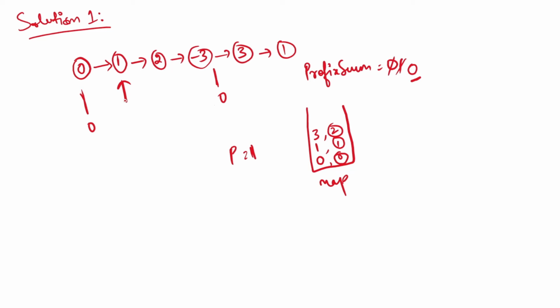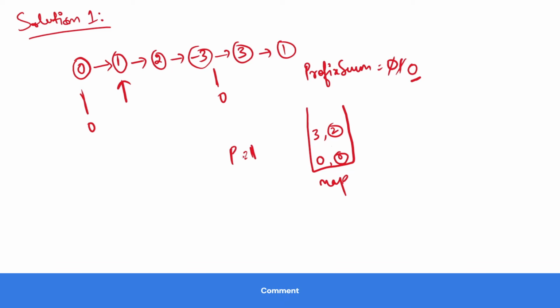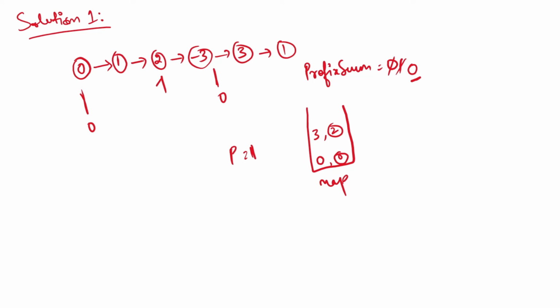So we are going to delete these nodes. Let's see how we are going to delete them. My p is 1. Until my p again equals 0, I will delete nodes. Now p is 1, which is not equal to 0, so I will delete this one from my map. Now my current will point to its next element, current will point to 2, and p will be 1 plus 2, it will be 3. Now it is 3, so I will delete this 3 as well because 3 is not equal to 0.